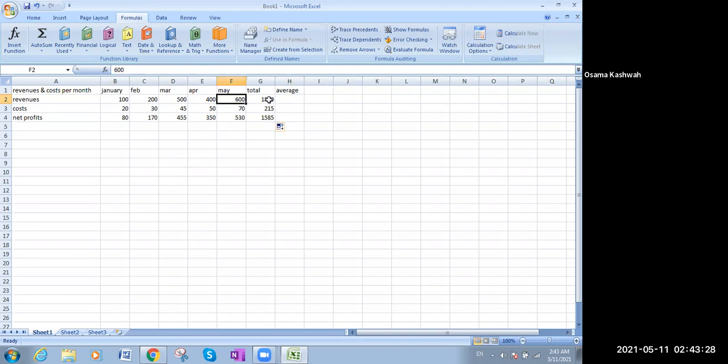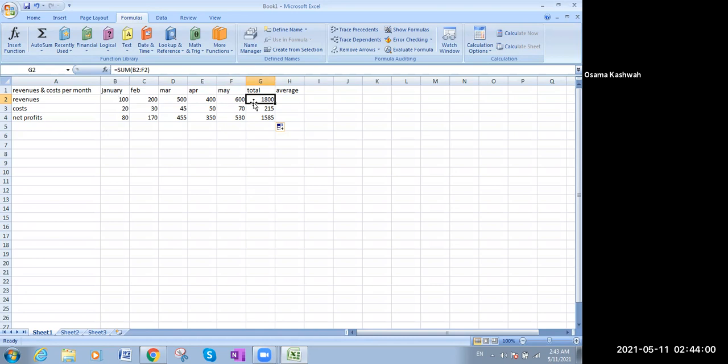The total comes to 1,800, divided by 5 months: 1, 2, 3, 4, 5. Another way to calculate it is, I have the total already. So why would I calculate 100 and 200 and 500 and 400 and 600? I already have 1,800,